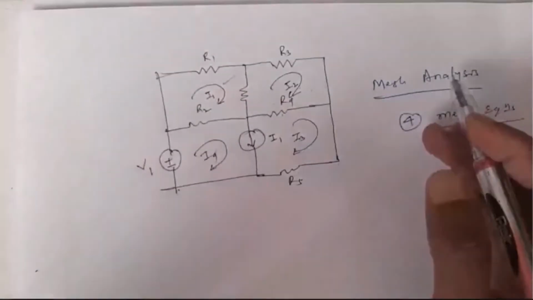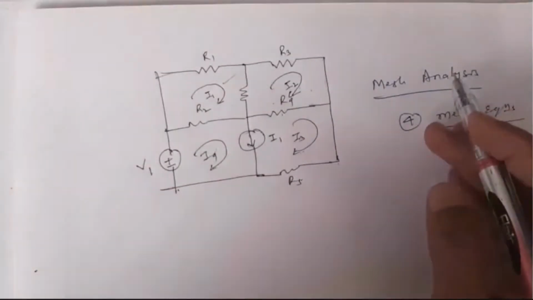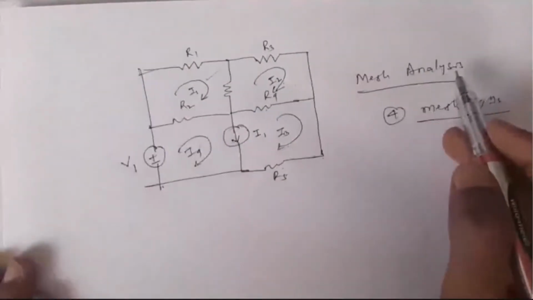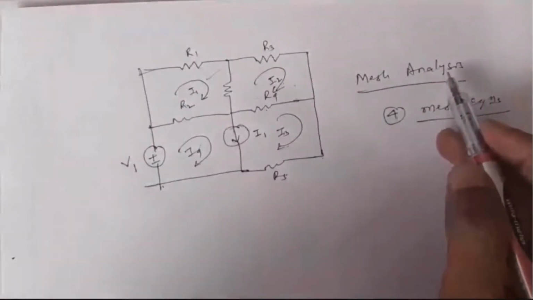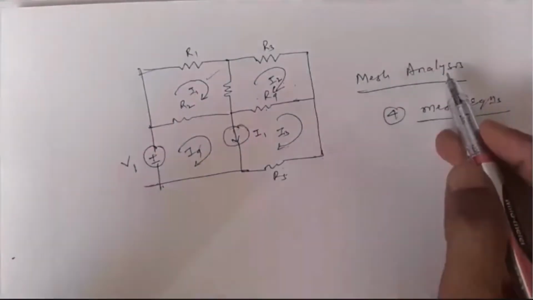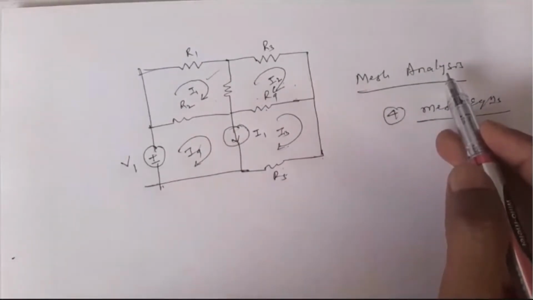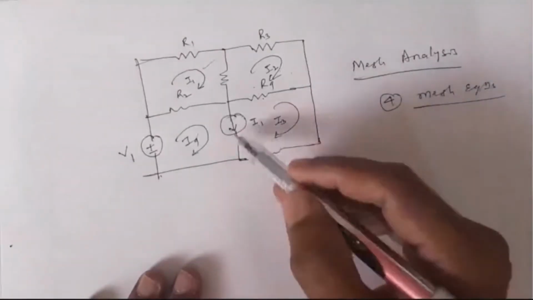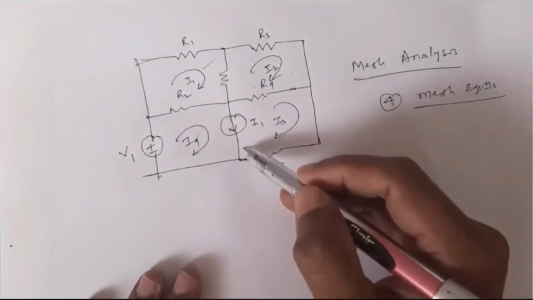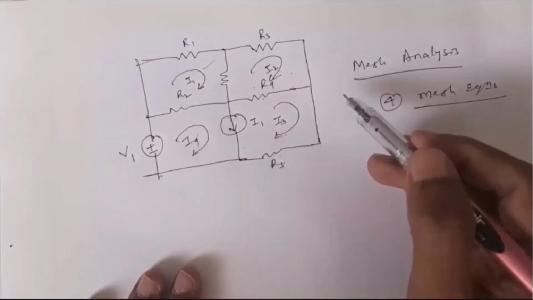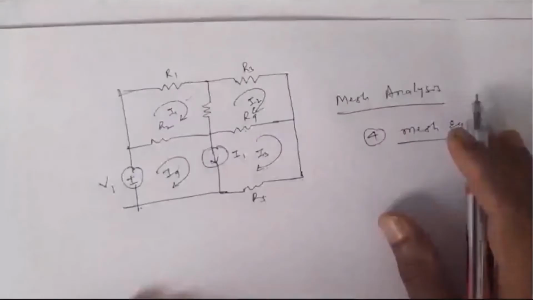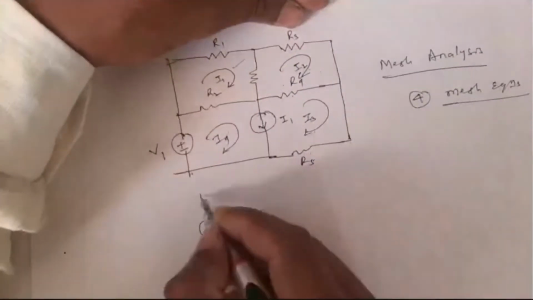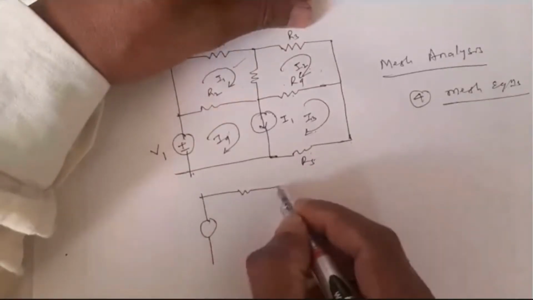Remember dear students, if a voltage source is there in a network, in the case of mesh analysis, that's not any problem for us, because KVL is all about the algebraic sum of voltages. But here we have a current source and we don't know the voltage across this current source. And to solve such numericals, I'll take up one more case here itself. Let us consider the current source is something like this.